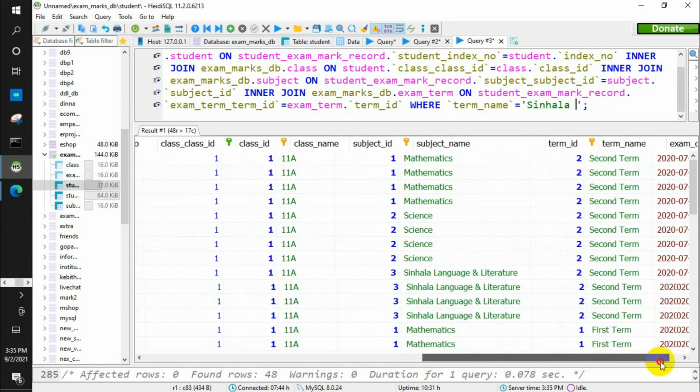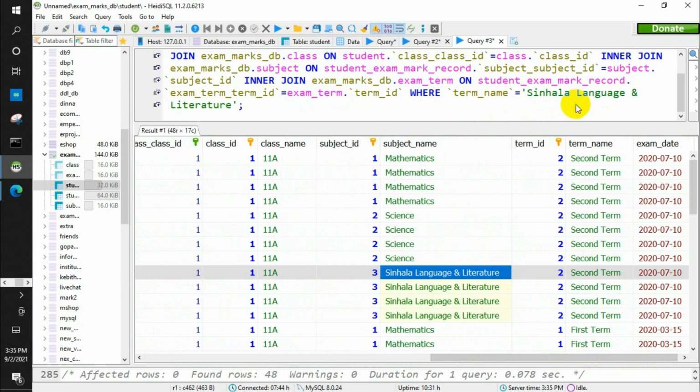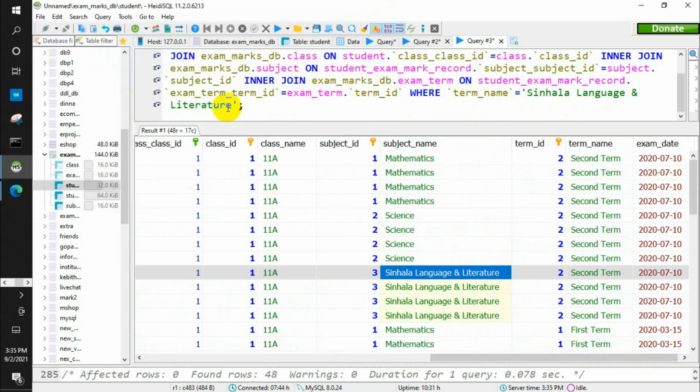I'll just copy and paste that to avoid any spelling errors. And also the term_name should be the first term.